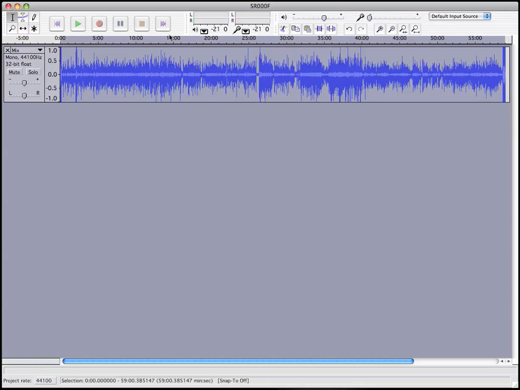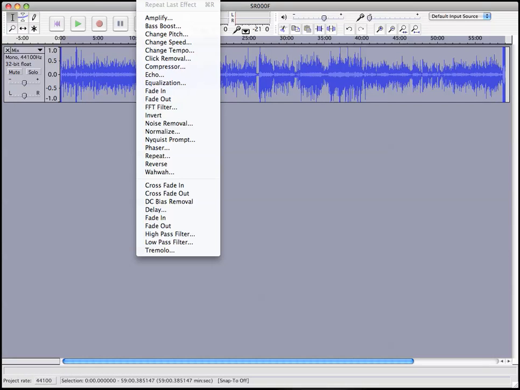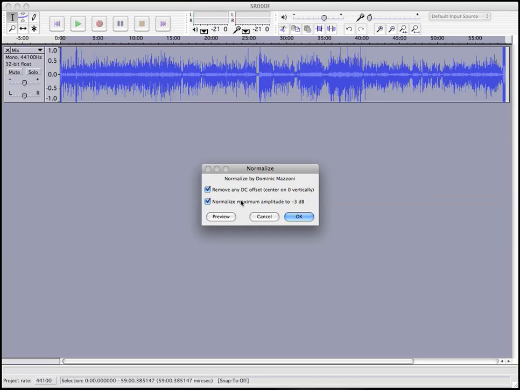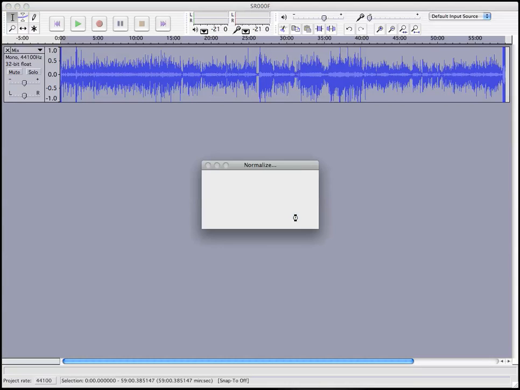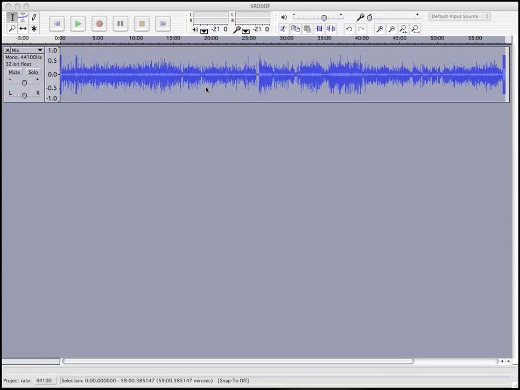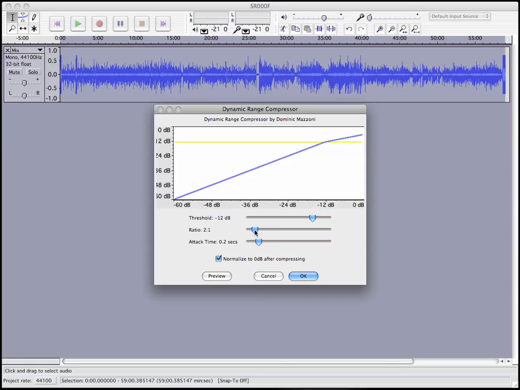Okay, very quickly, the next thing that we do is we select the whole track and we do an effect, which is a normalize. So we normalize this entire track, just centering it back on 0 and reducing the amplitude to -3 dB, and that will just run through and compress that file a little more to get those peaks knocked down. Okay, after the normalization finishes, what we do next is we do compression as an effect. Run the compressor, and we just try to get a nice threshold so that we can get this file knocked down